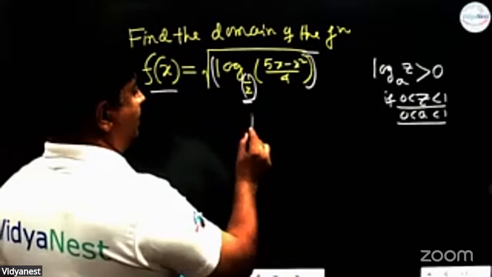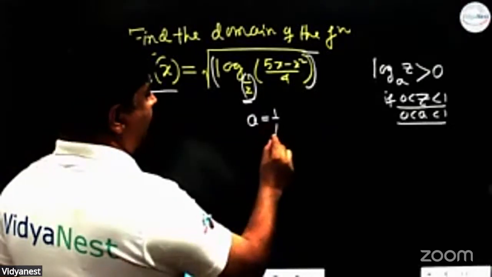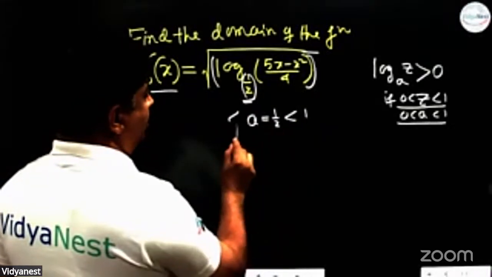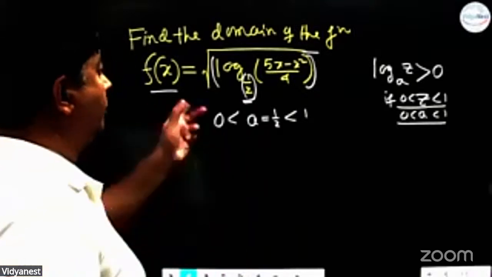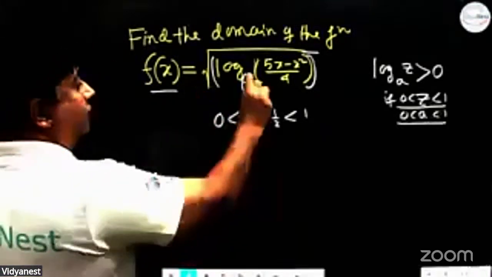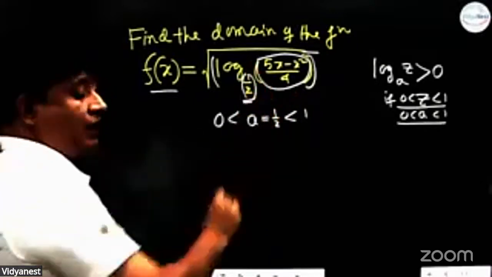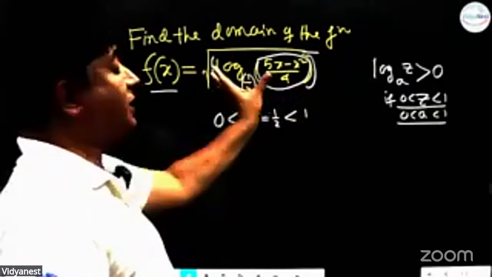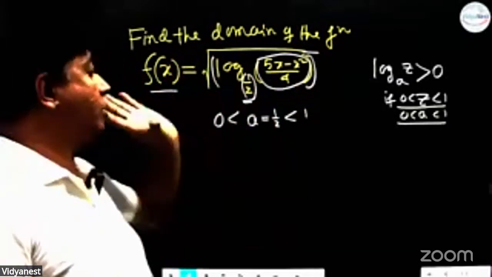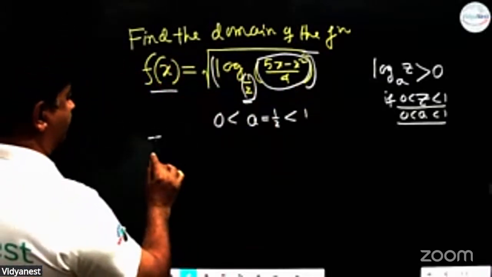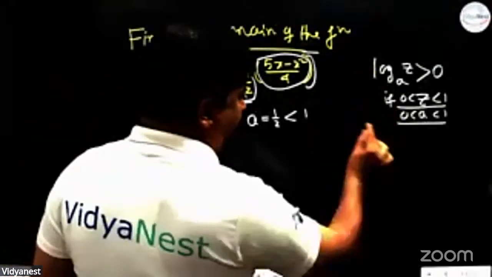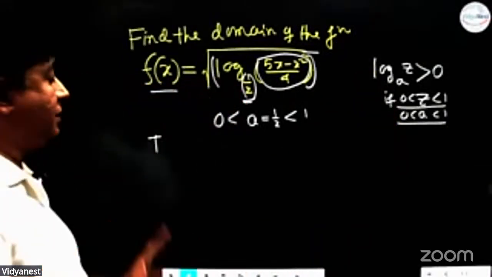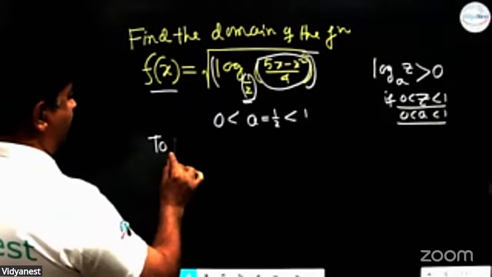Here this a, that is half, lies between 0 and 1. So to be defined, according to the log property we have just discussed,